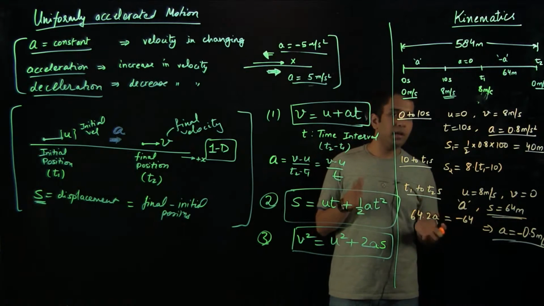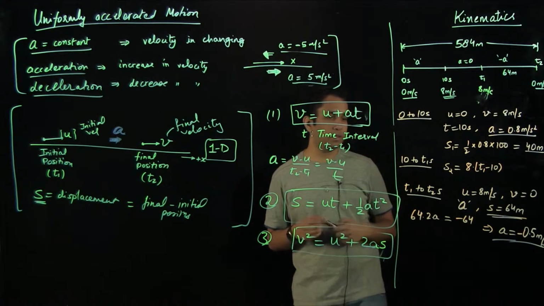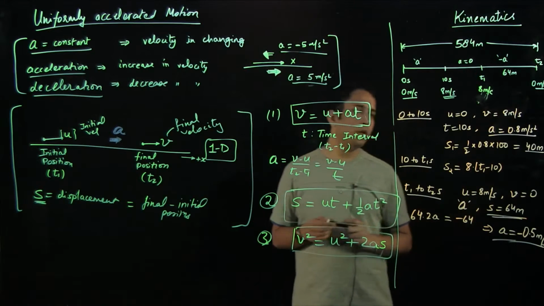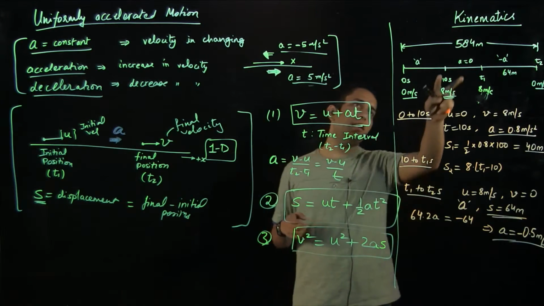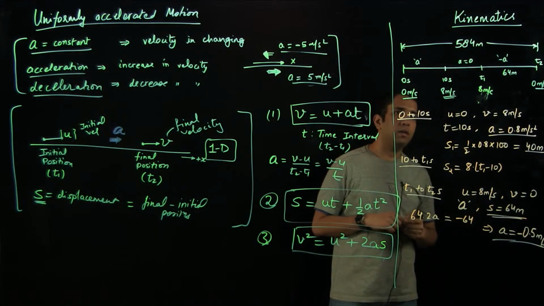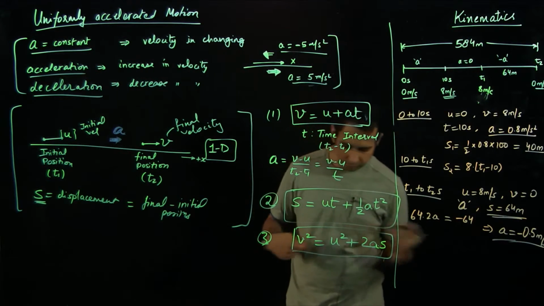So the only thing I need to calculate, so there are certain variables which I still don't know, like t1, t2 I don't know, and due to that I still don't know s2, which is the distance travelled in this part. And so yes, let us find out all these variables.